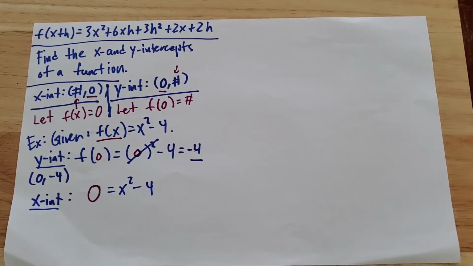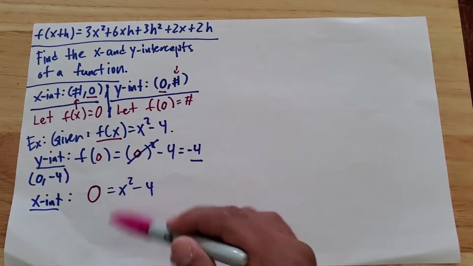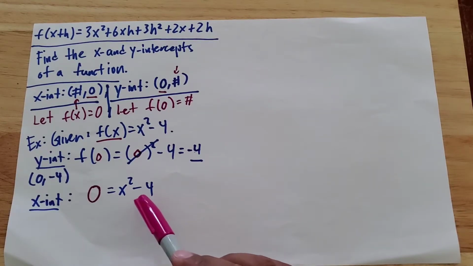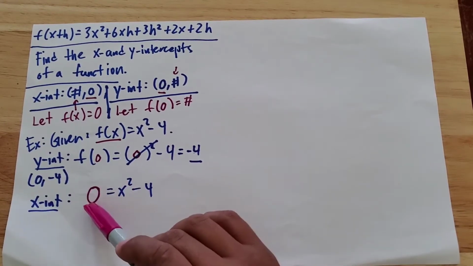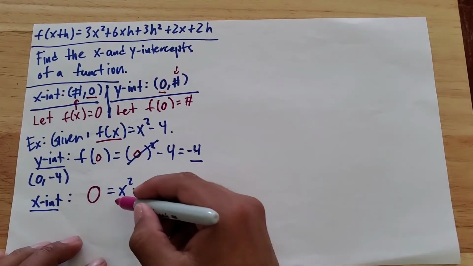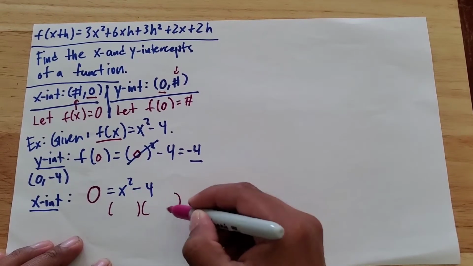But sometimes you can't factor everything. If you could, that's great. If you can't, then maybe you have to use your quadratic formula. Or in this particular example, since all we have is the x squared and the constant, we don't have that middle term of x, then you can either just move this 4 to the opposite side and then use the square root property. Or you can factor this knowing that this is the difference of squares,